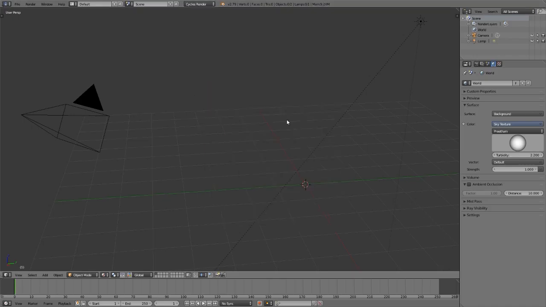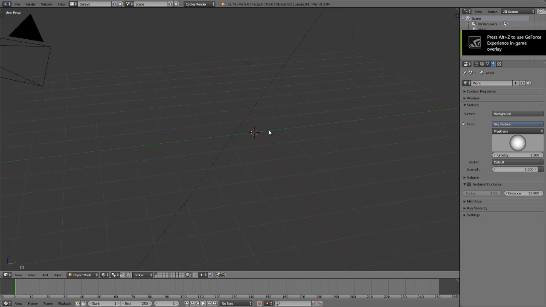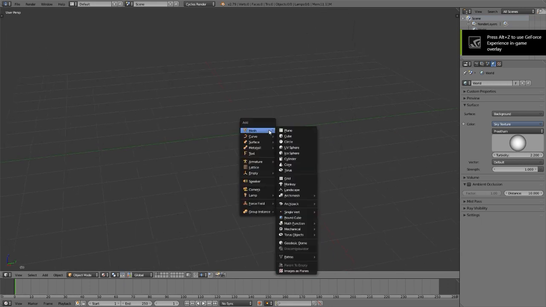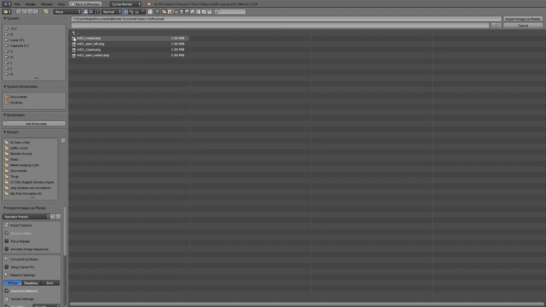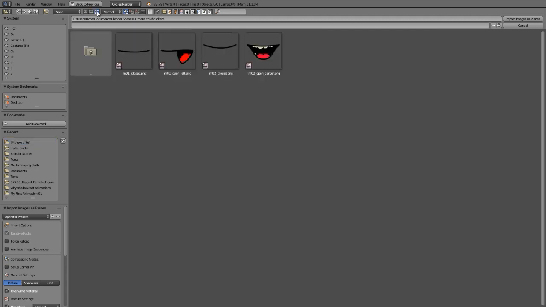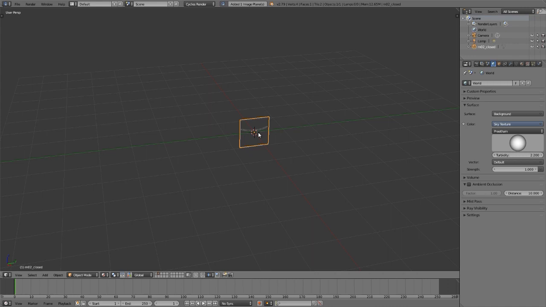Blender 2.79 is where we're looking. If you've never used it, I'm not going to do a huge walkthrough, but the basics require a couple of add-ons. Images as planes is one such. I already have a couple of mouths that, yes, M2 closed will do quite nicely. These are